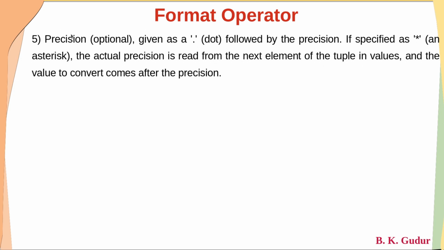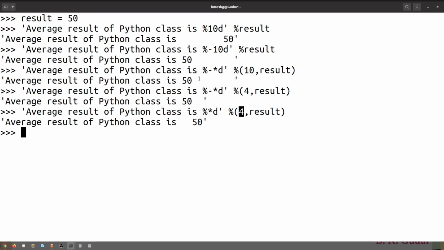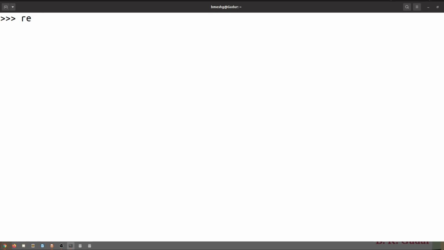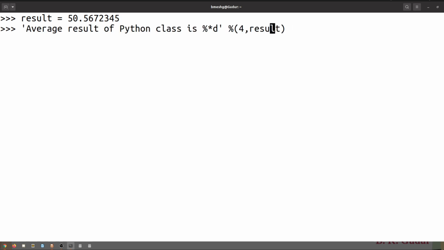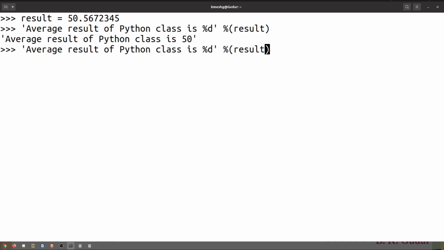Next is the precision. We can give a precision, which is once again an optional field. It is given as a dot followed by the precision. If specified as an asterisk, the actual precision is read from the next element in the tuple values, and the value to convert comes after the precision. Like, dear students, if I write result is equal to 50.67123, say 5, this is a result. And if I print result, let us consider, it is percent d. Instead of that, let me use percent f. The result is